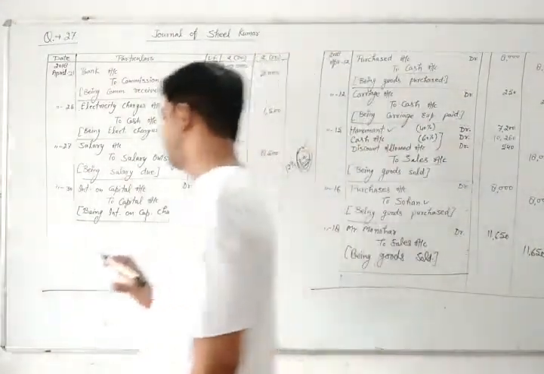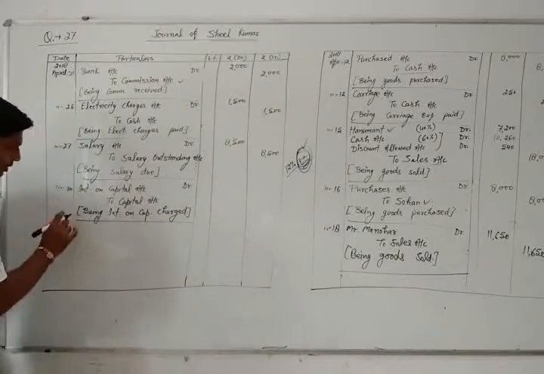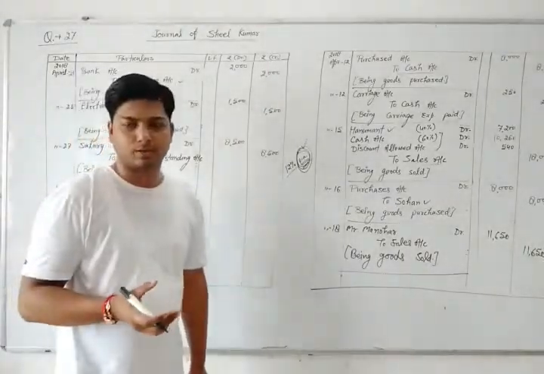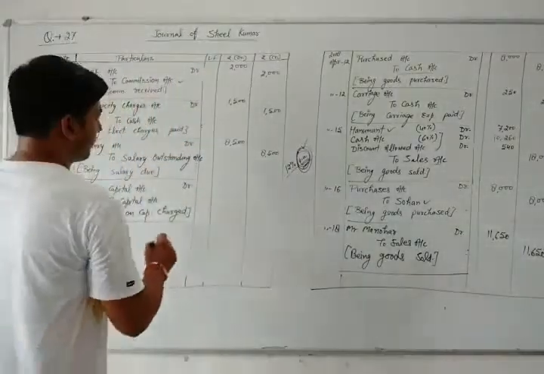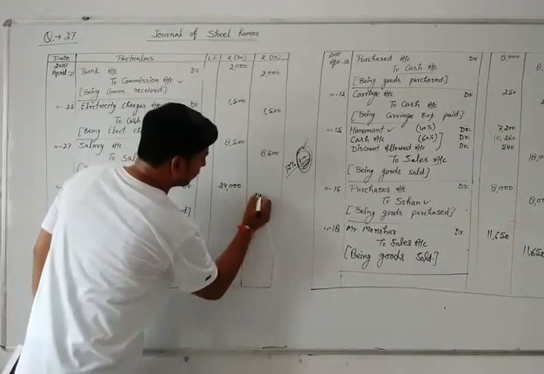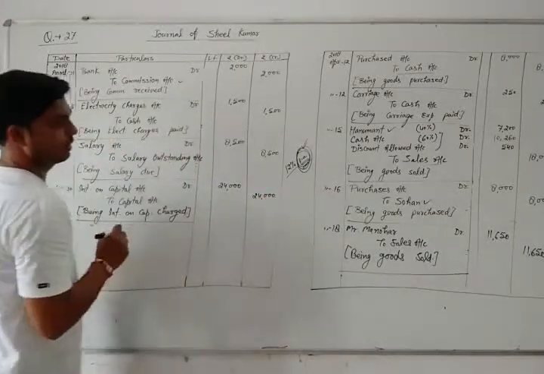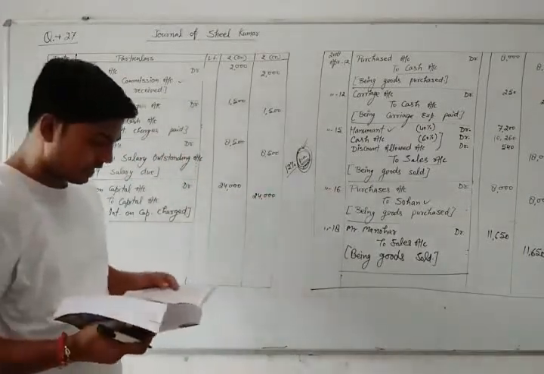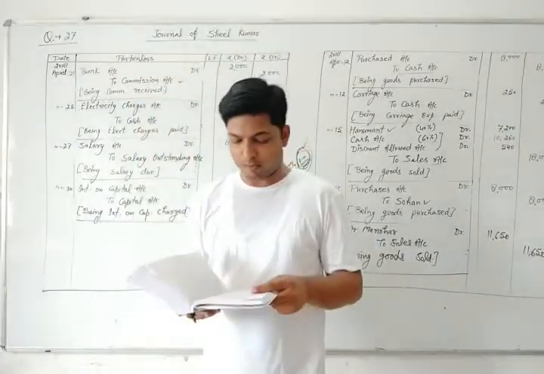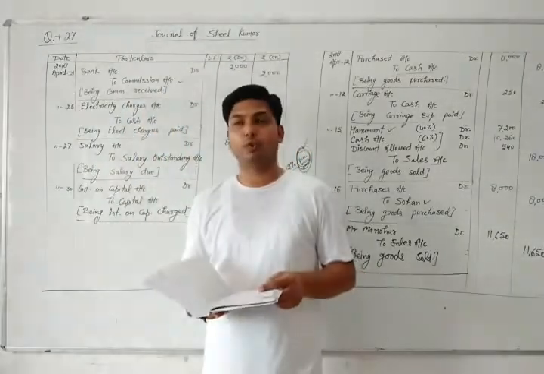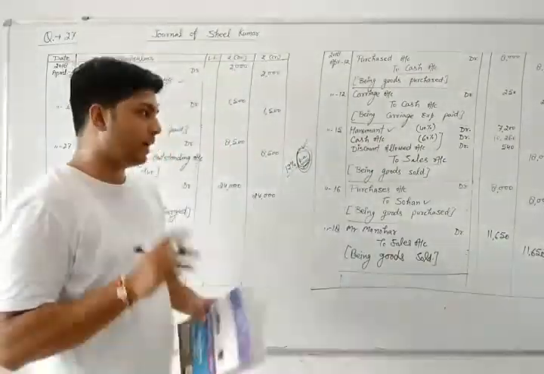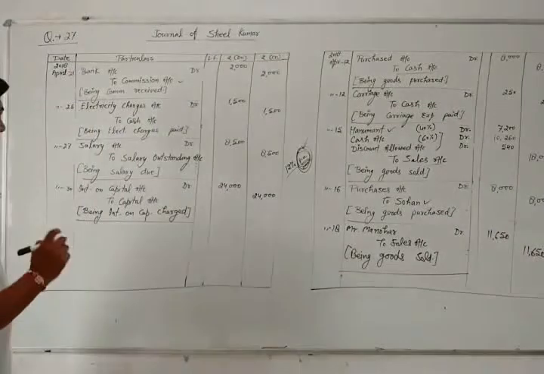But here per annum is not given. So we are going to write directly the 12% of 2 lakh. So what is the 12% of 2 lakh? 24,000. So 24,000 is written here. Next, last entry of the question is on April 30, received from Mr. Manohar in full settlement. Full settlement, final payment may include any discount also.